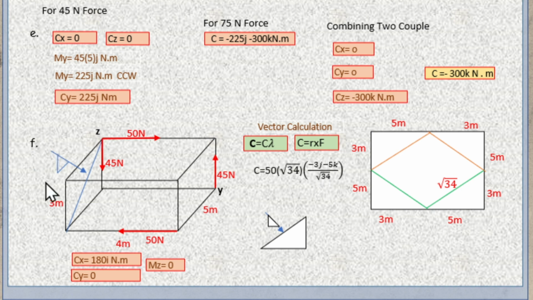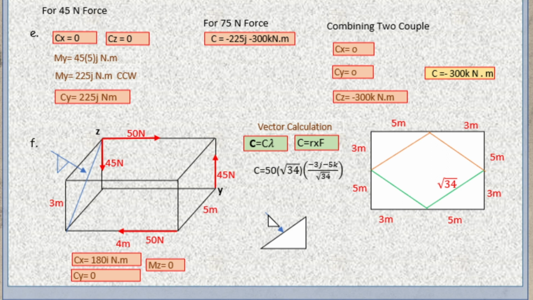And for our z-axis, it is 5, going toward the negative z direction, so this will be negative 5K over the square root of 3 squared plus 5 squared, which equals the square root of 34. And using our calculator for this one,